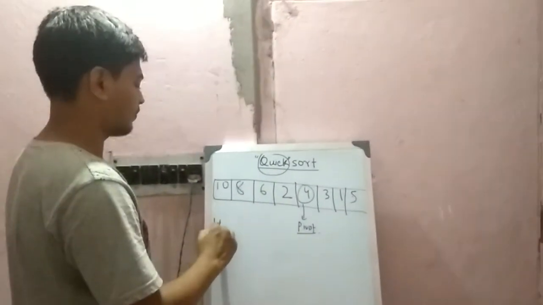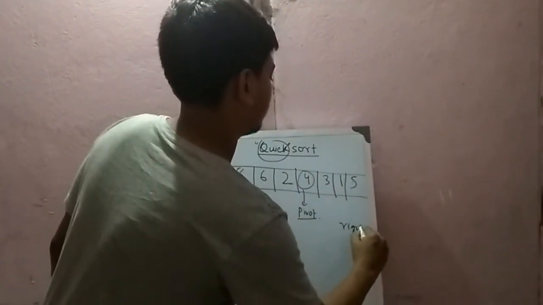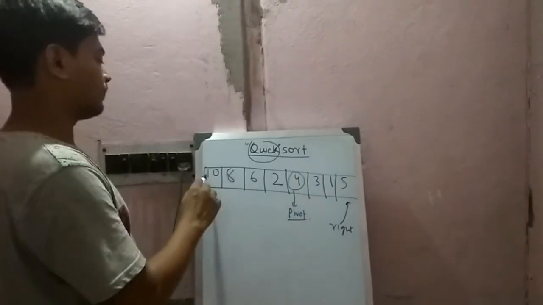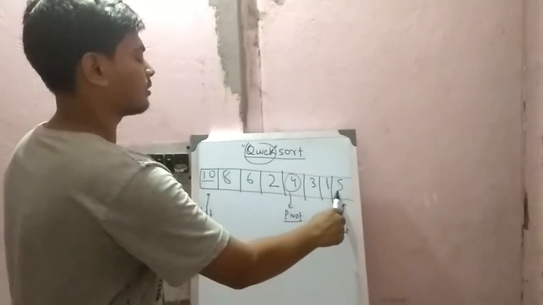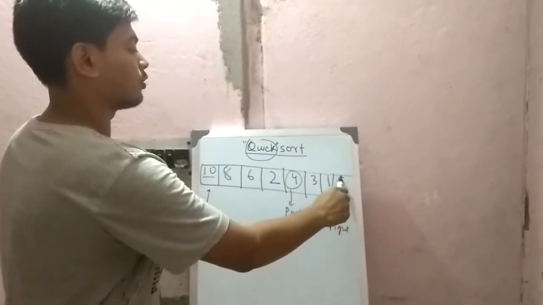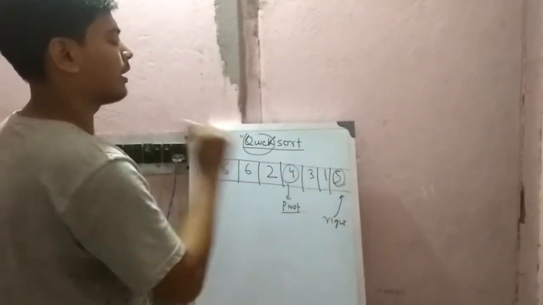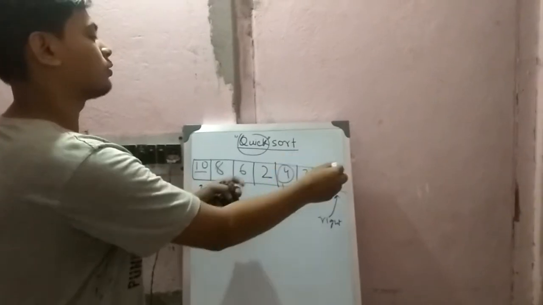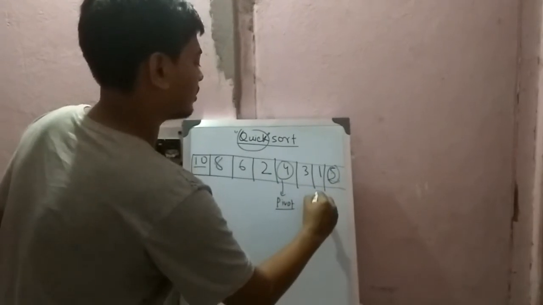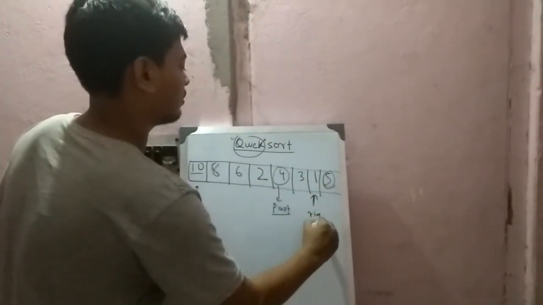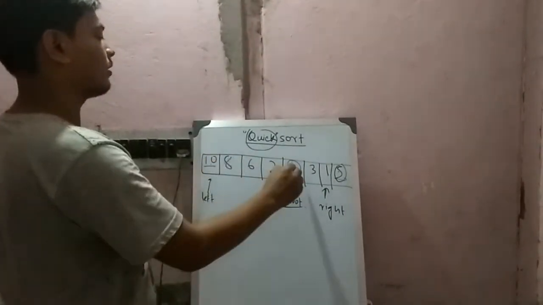One left pointer, which points to this, and one right pointer, which points to this. 10 is obviously greater than 4, and 5 is greater than 4, so it stays as it is. I cannot change it, because it has to be on the right-hand side. So move the right pointer towards this. This is now the right pointer.